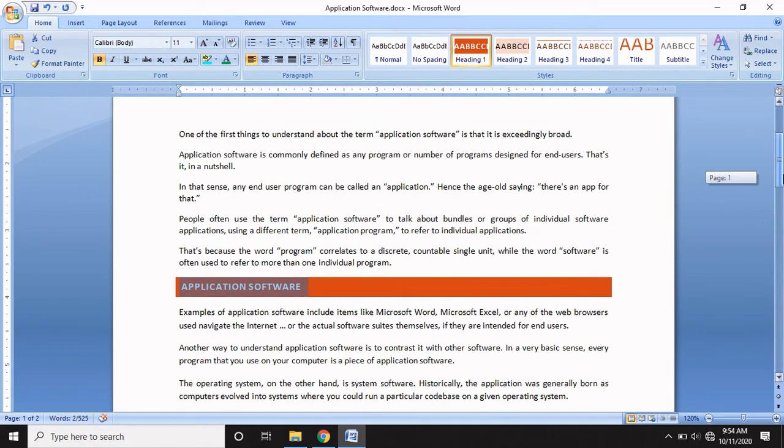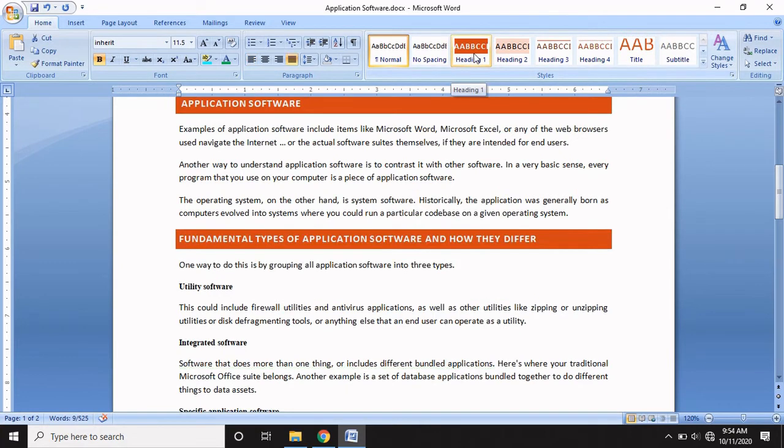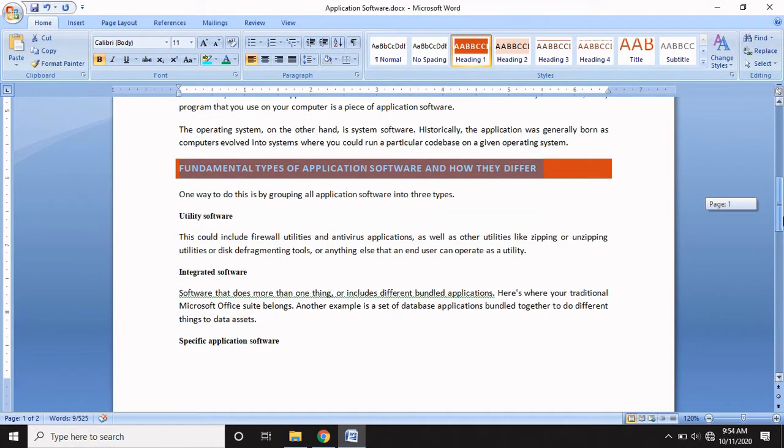Then we have this, fundamental types of application software and how they differ. We can make it heading 1 again. Now they have mentioned several different types of software. So one way to do it is that you select each one of them like this. Utility software. You can do it as I have told you earlier, that you have to